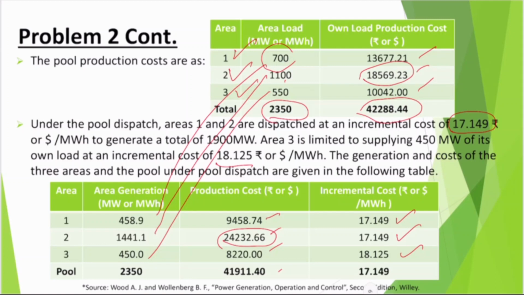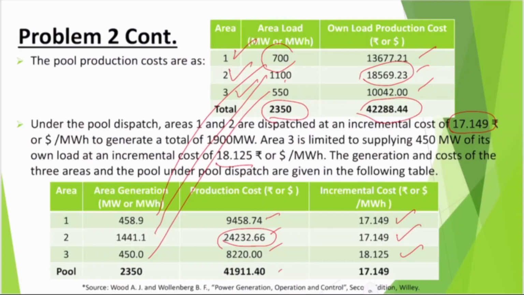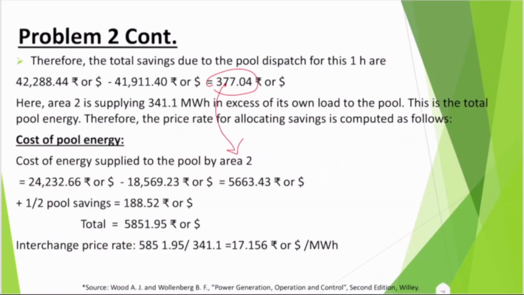For that additional cost, we are going to calculate how much will be paid because of the additional 341 being supplied by area 2. It is nothing but the difference between these two costs, 24232 minus 18..., that is going to be 5663, plus in addition, this is the cost to be paid for additional energy plus a benefit, half of the benefit of this 377 that the pool has gained, which is going to be 188.52. And if you add these two, you will get